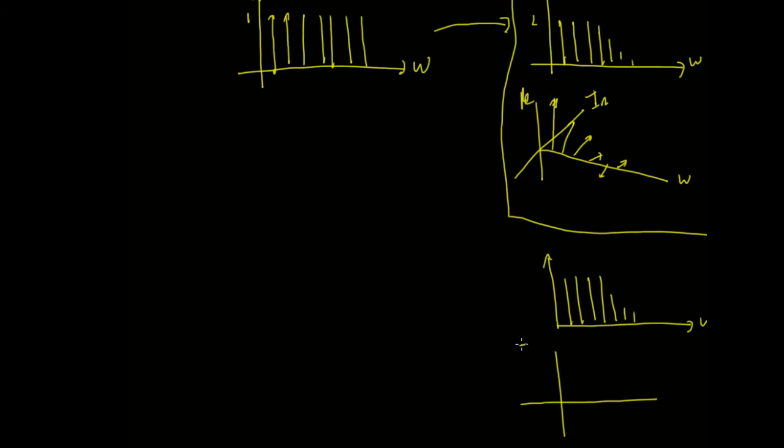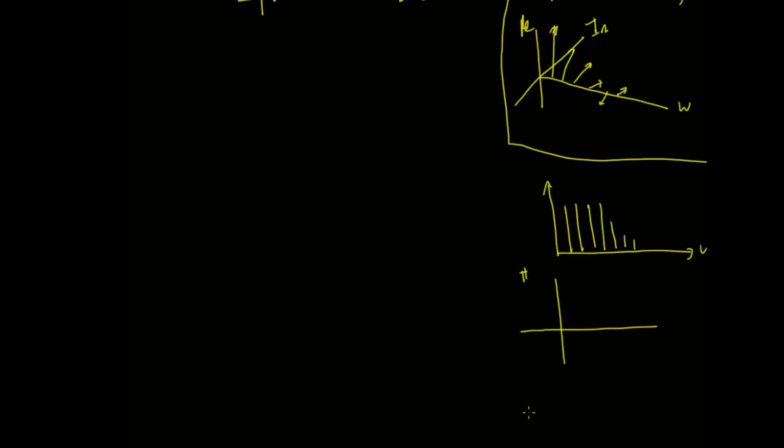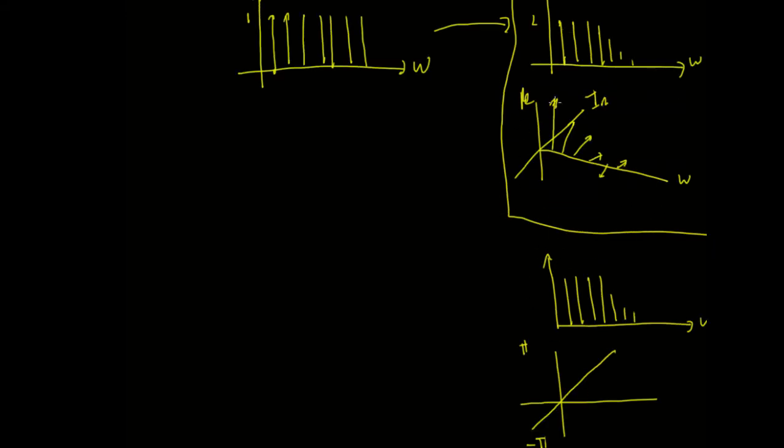Now the phase can go from plus pi to minus pi, so it's plus 180 degrees to minus 180 degrees. And in this instance here, the phase can just change, and we'll put in a linear phase shift. So this and this here represent these two changes: one representing the change in the amplitude due to the frequency, and the other the change in the phase due to the frequency. So then you're able to go to the client and say, look, we've got this little thing here called the